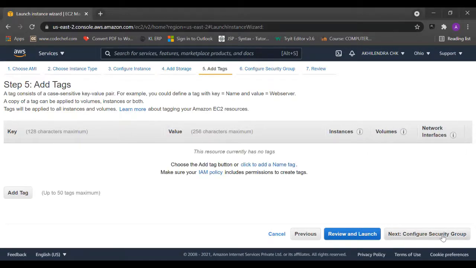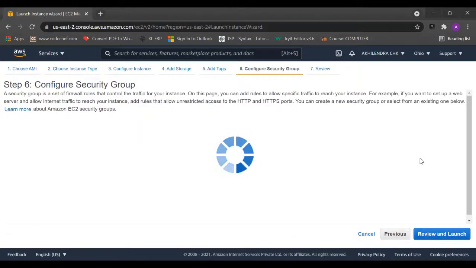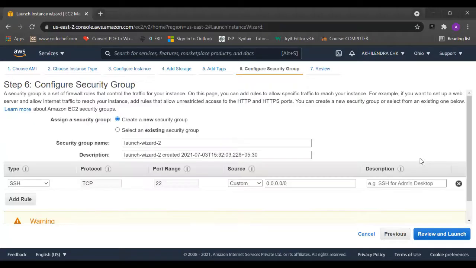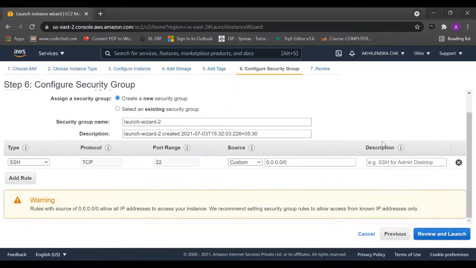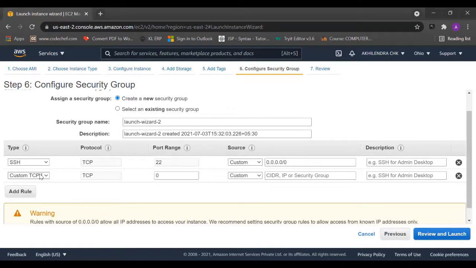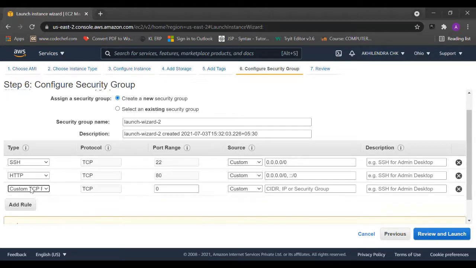Now we have to configure our security groups. Here we are launching our website with HTTP port 80. So for that we have to add a rule and check HTTP. By default it will give the port range and everything. To avoid traffic issues in our project, we should allow all traffic so the website runs smoothly, and give the source as Anywhere. Then we click on Review and Launch.